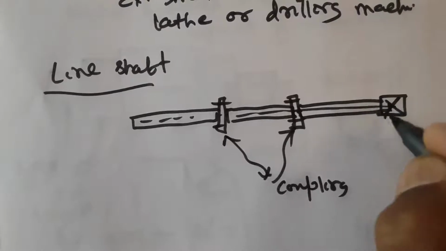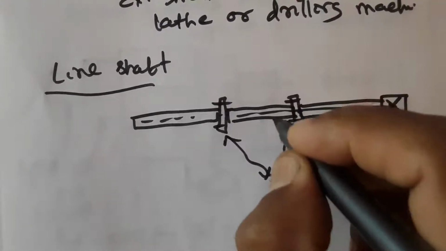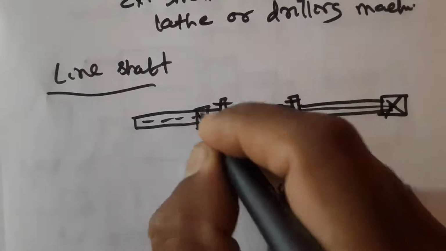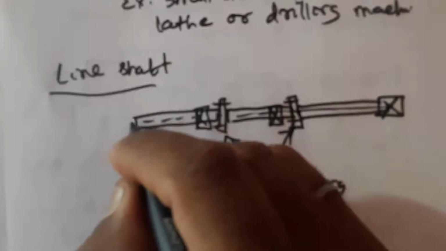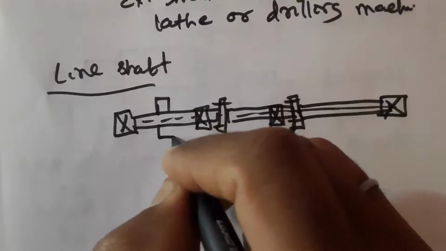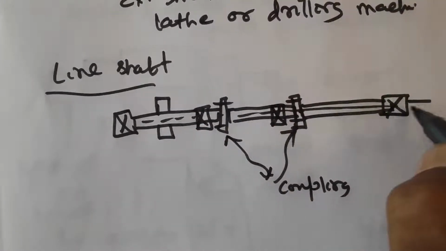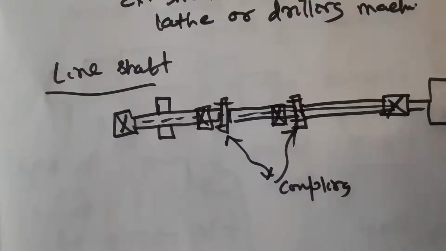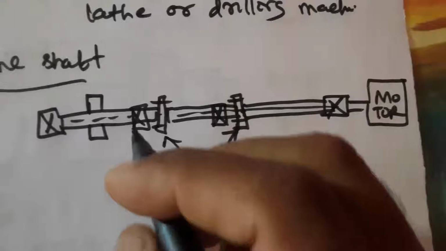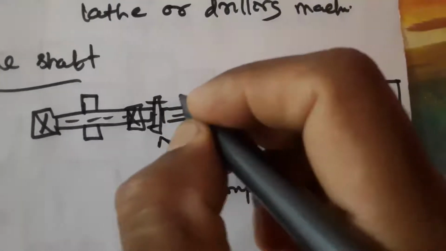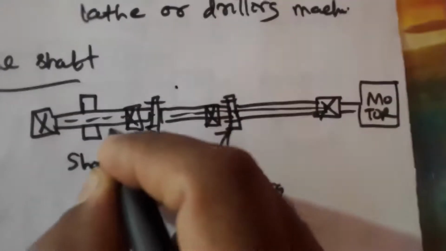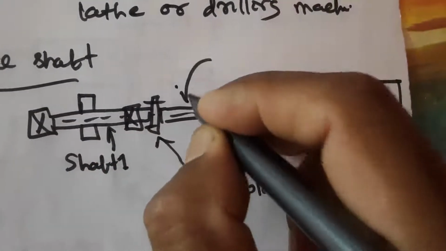Let's say this is a bearing, and this is another bearing, and another bearing, and it contains several pulleys, and at the end it is connected to the motor. The motor drives it, and this is shaft 1, this is shaft 2,